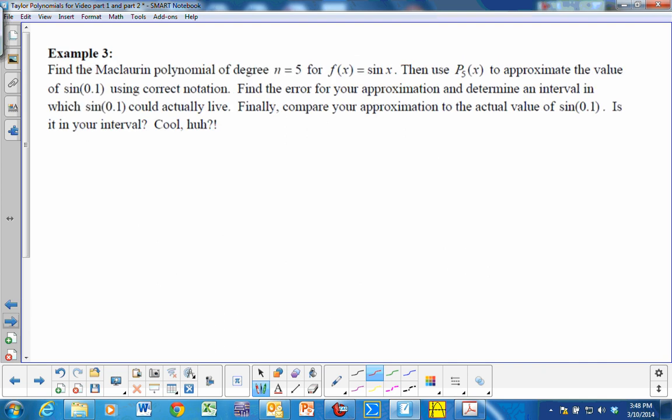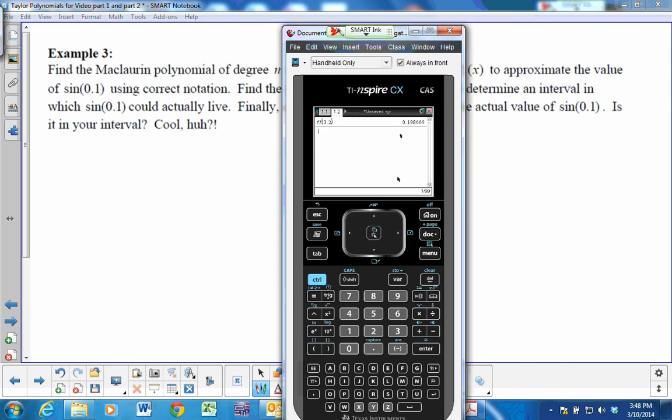Okay, so let's actually go through one so you can see the process here. So we want to find a Maclaurin polynomial of degree n equals 5 for f of x equals sine x. Now, another thing I want you to do, if you have not done this on your calculator, I want you to go to Doc,